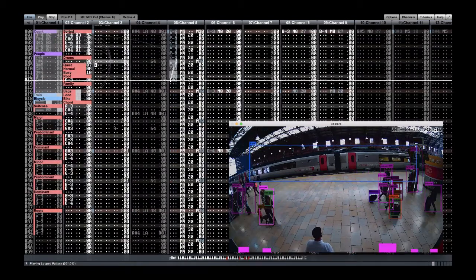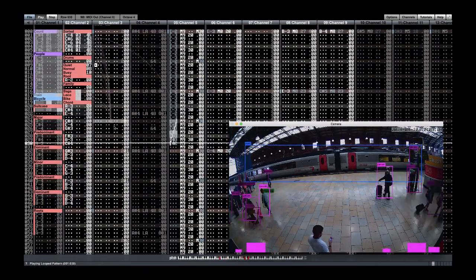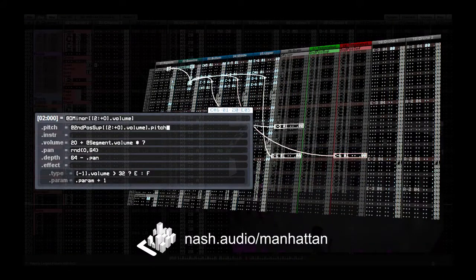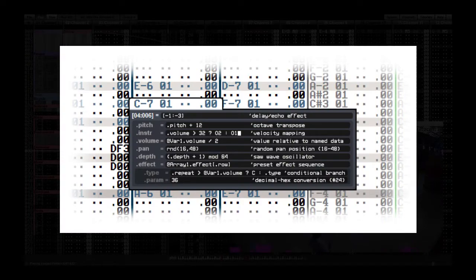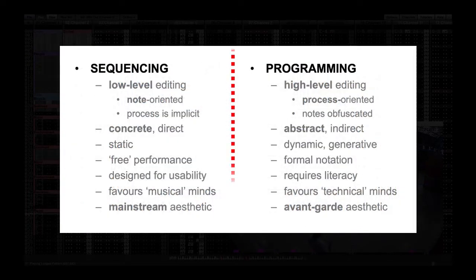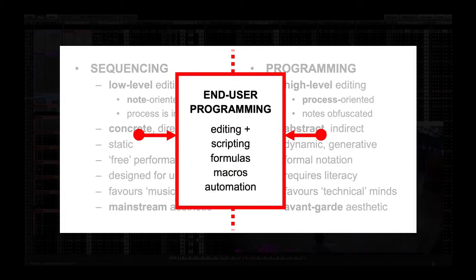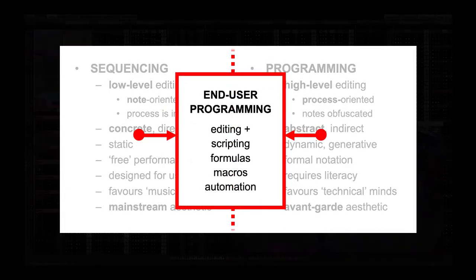To gain control of this, the composer must become a coder, which in this project is facilitated through the use of the Manhattan platform, which couples a pattern-based music sequencer with an accessible formula-based spreadsheet-style model of programming, seeking to bridge editing and coding practices, not to mention communities and aesthetics, with live scripting support for input handling and sophisticated generative